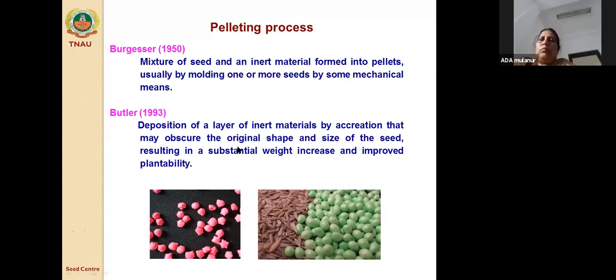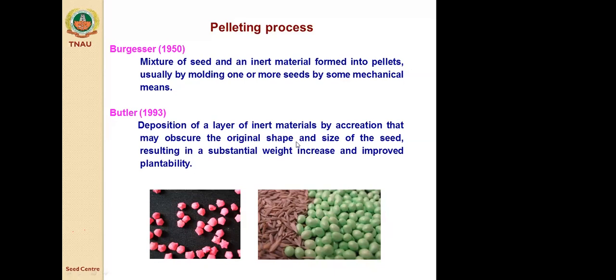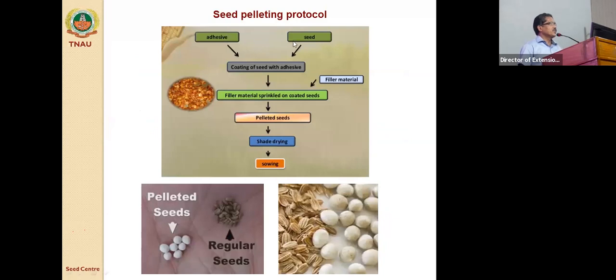Seed, pelleting material and adhesives are mixed in the proper ratio, in the proper situation, and we coat once and let the seeds dry, or sprinkle the adhesives again, then a second coating, then again sprinkling the adhesives, third coating, fourth coating. Like that we can go up to the desired level. So this method is being followed right now. Adhesive and seed and coating material, both we can mix together and coat with adhesives. The filler materials are sprinkled over the coated seeds, and this forms the pelleted seeds.